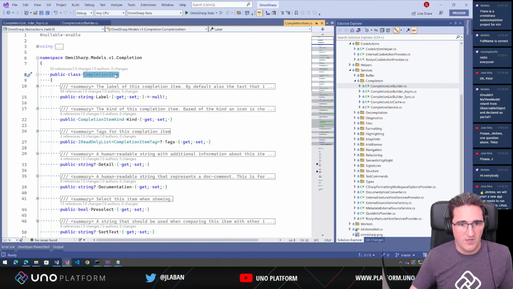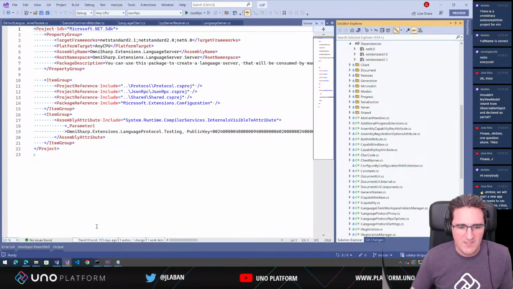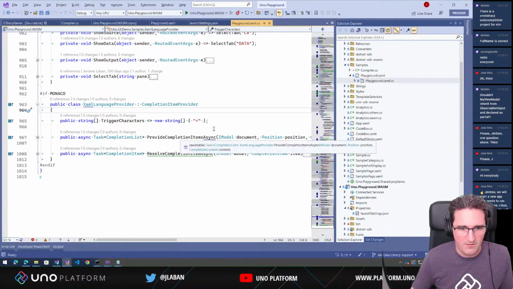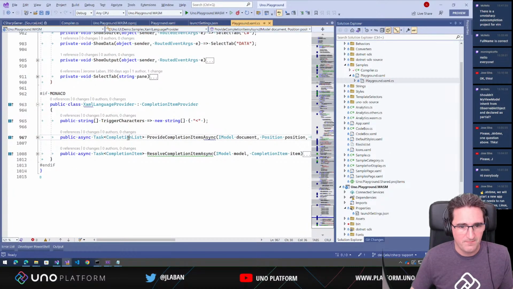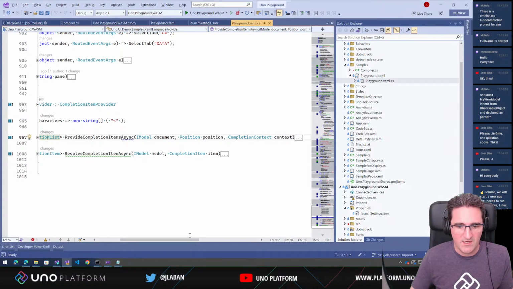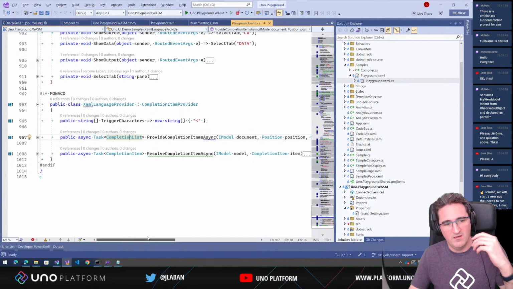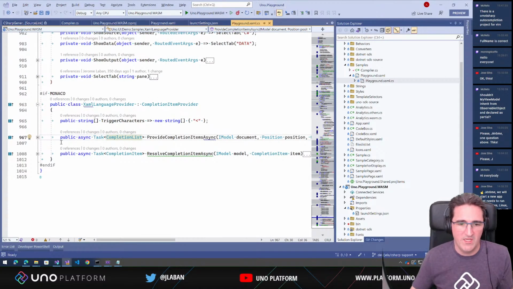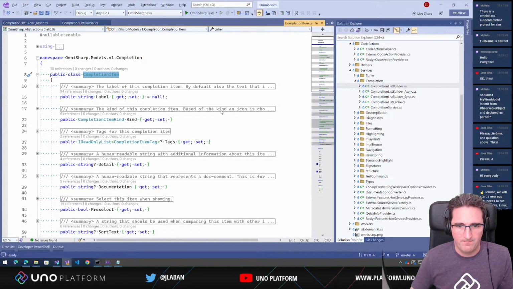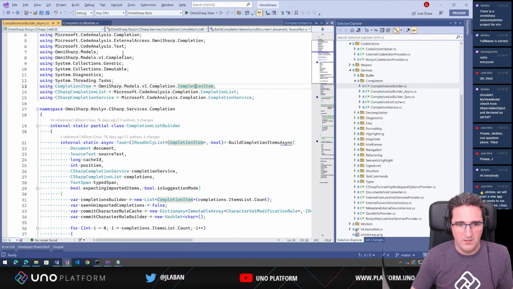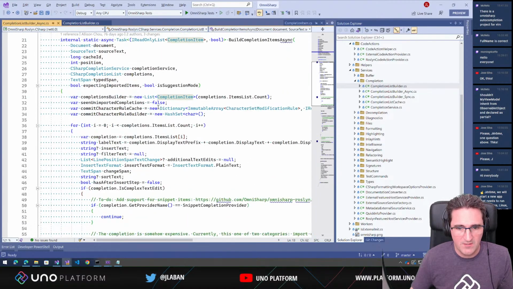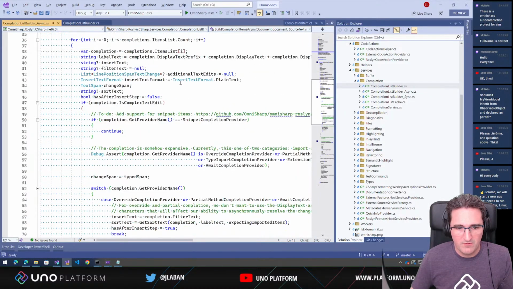And so we're going to have to build a list of the completion items that we have here, and it's pretty similar to what we have in the playground here with the completion list. We have the same document, position, and completion context, and then we can ask Roslyn what to change when we get there. So if we go back to our build completion item list,